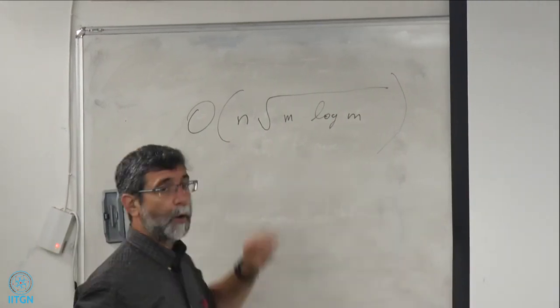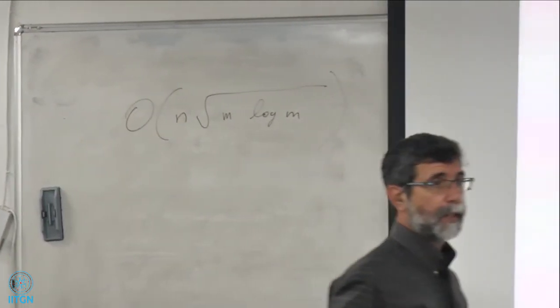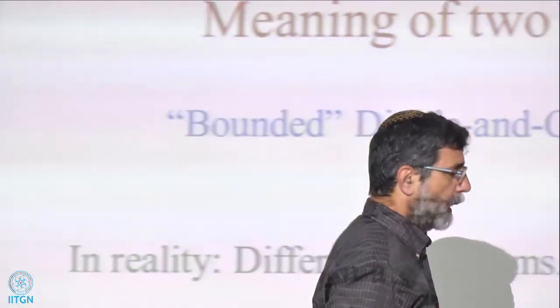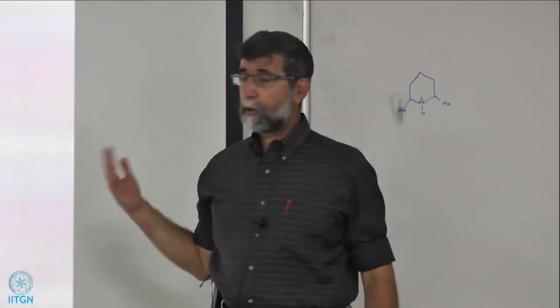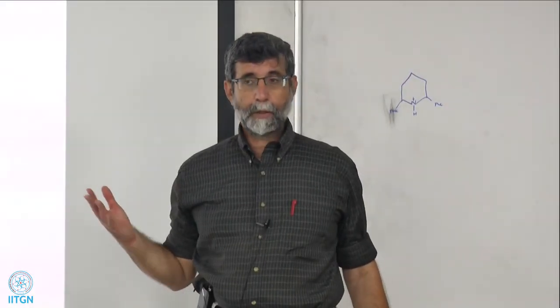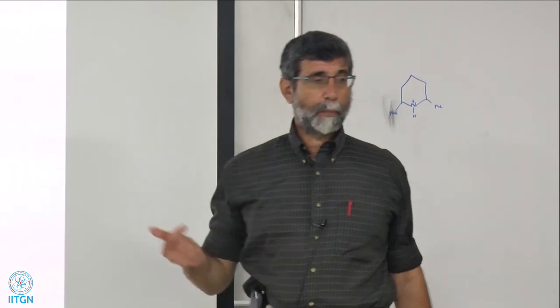So this is where we're going. And this is definitely better than O of nn. I should also say that it's still an open problem whether you can do it faster than that. So anybody who wants a quick PhD, go home tonight, figure out a faster algorithm for counting mismatches than O of square root of m log m, come back with it, publish it, and you're well on your way